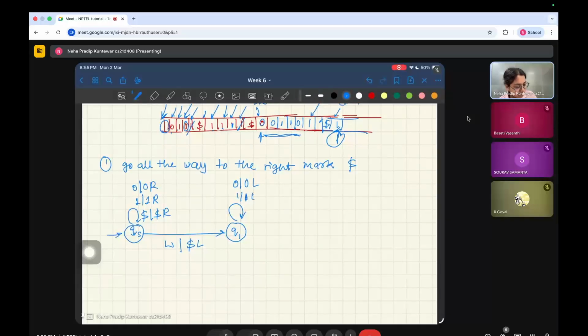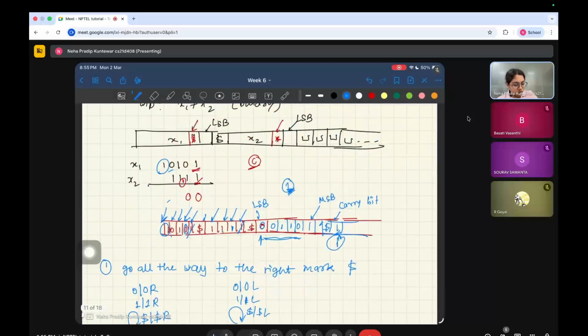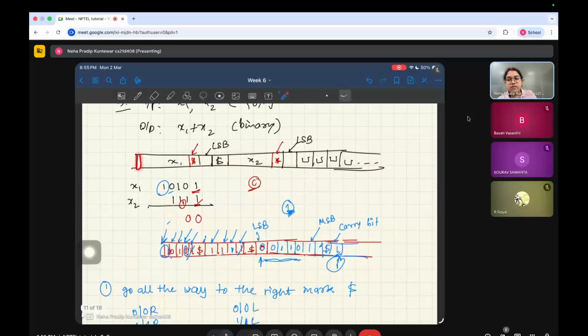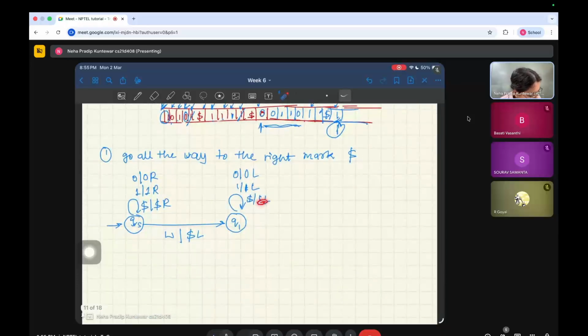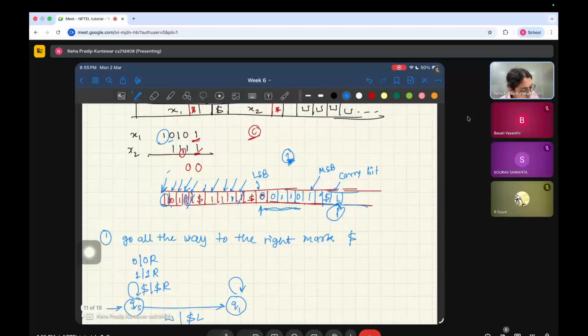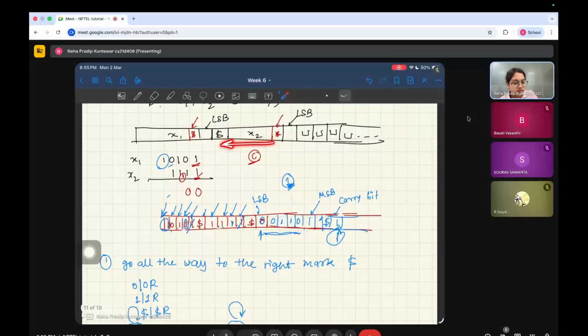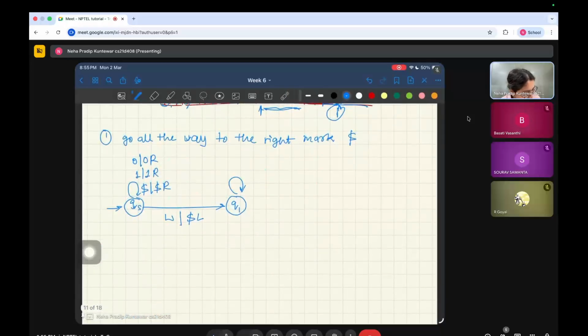Dollar, left. So now you are back here, back at the first starting position of x1. Okay, I can actually skip over that, so let me do that. What you'll do is you only cross off all the x2s. So you cross off all the x2s, that means you see a 0, keep going to the right, the same thing, go to the left. Now if you see a dollar,